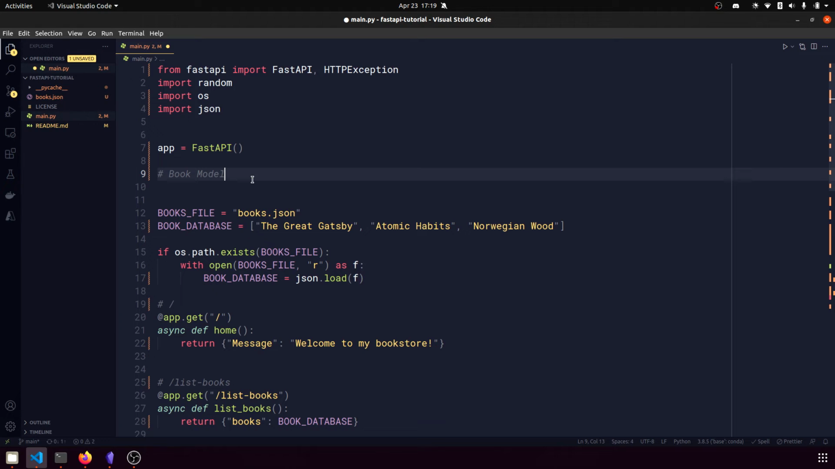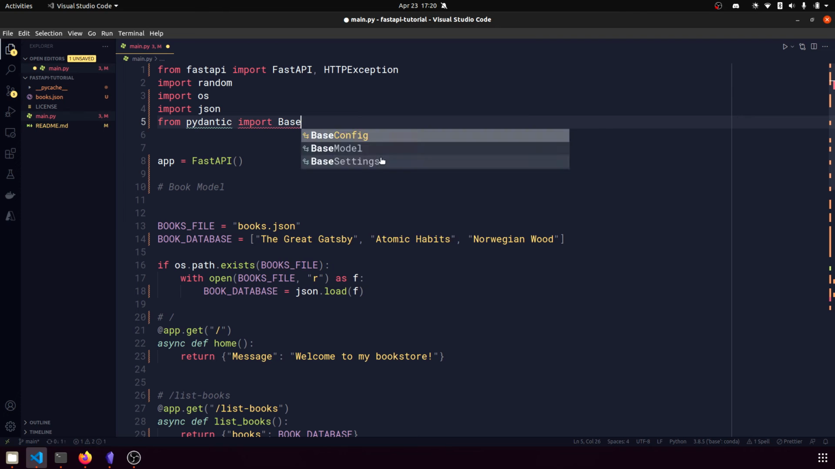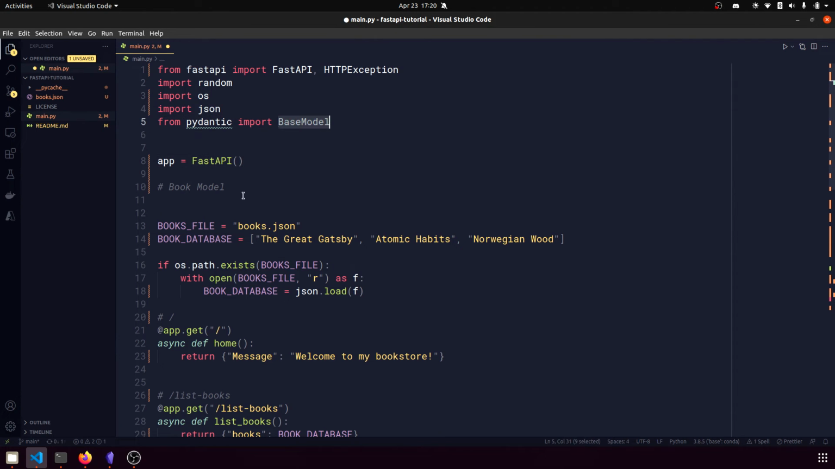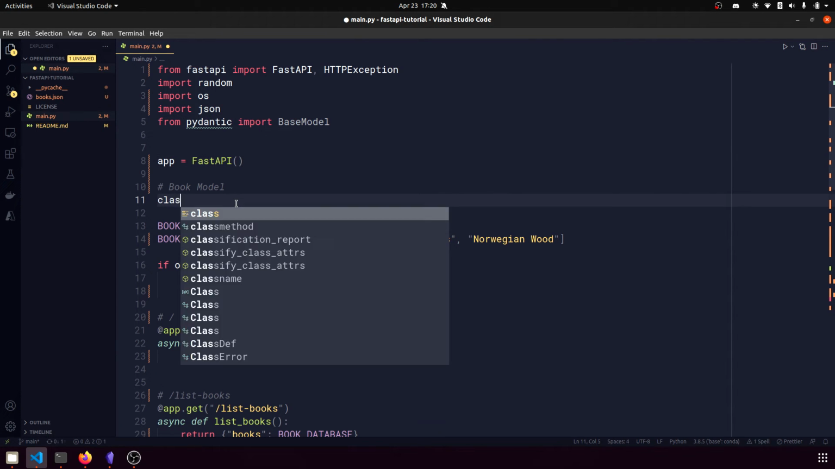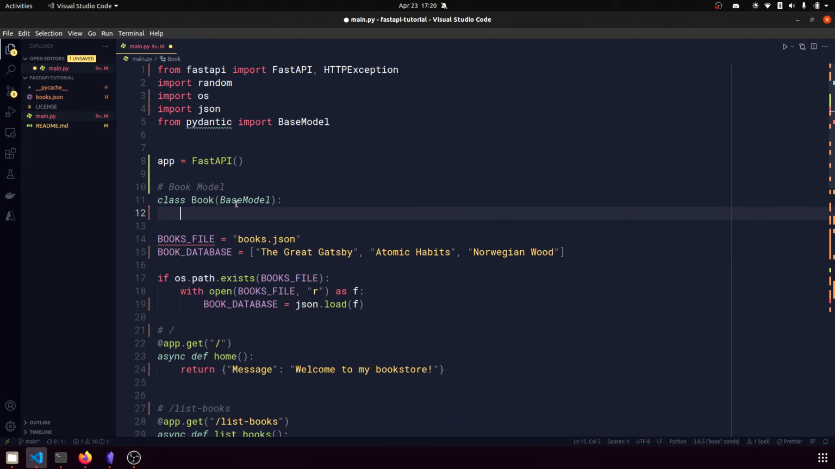To create a data model in FastAPI, we just have to create a class that extends from the base model object. It's actually from a library called Pydantic, which we will already have from installing FastAPI. It's just from pydantic import BaseModel. And then we can create the class like this. I'm going to create a class called Book, extending from BaseModel,